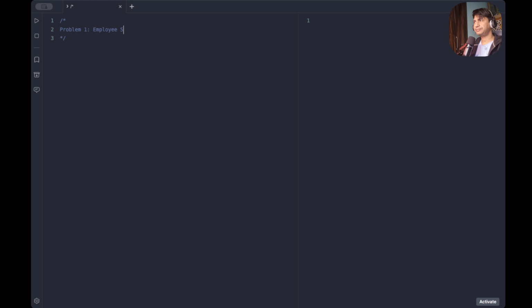employee salary aggregation department wise. Okay, so what is the problem statement? In a given array of employees, group them by department. Okay, group them by department. I will show you what the input and the output are, one by one, and then